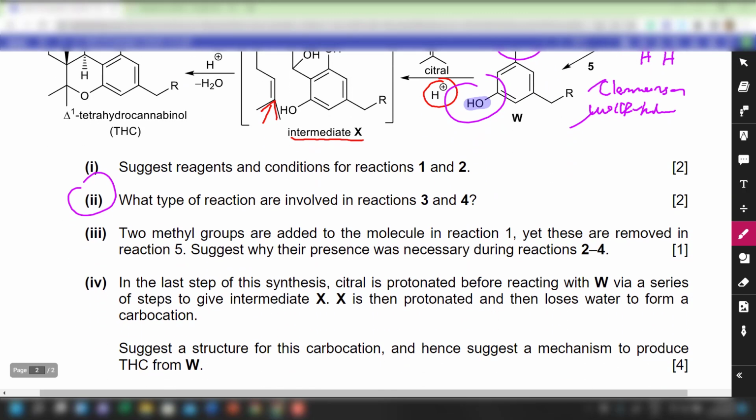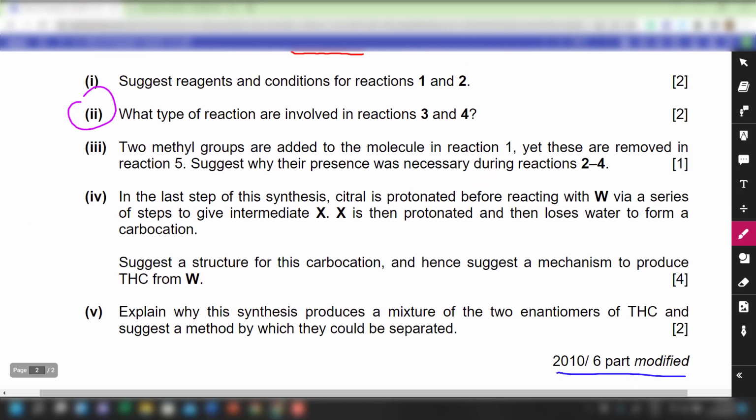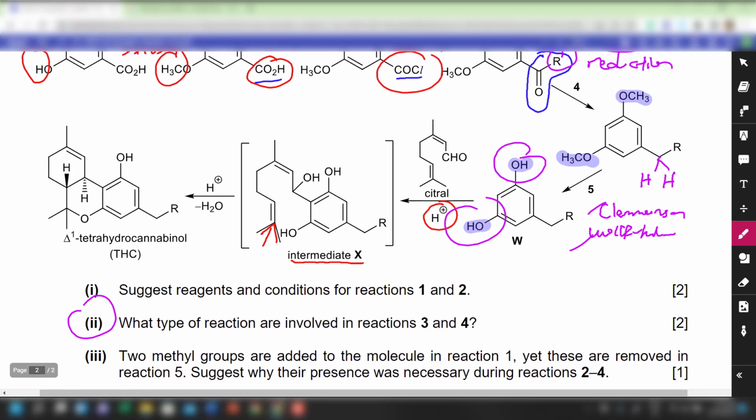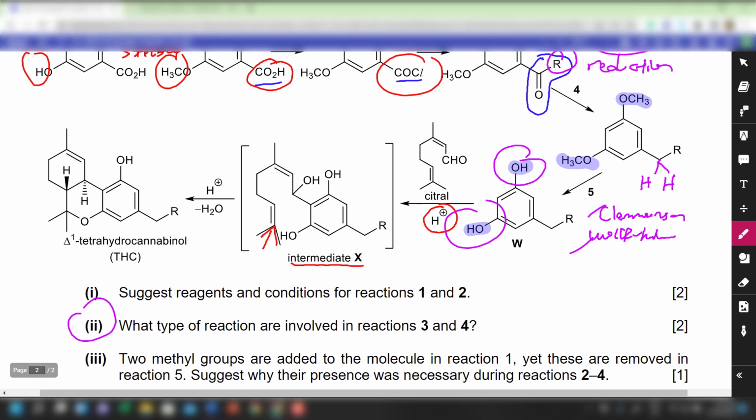Okay, then we're going to move on to step question part 4. In the last step of this synthesis, citral is protonated before reacting with W. So you were told that citral is protonated. Protonated at where? Obviously at the carbonyl oxygen. How do I know? Because the protonation at the carbonyl oxygen will generate a stronger electrophile, so that electrophilic substitution